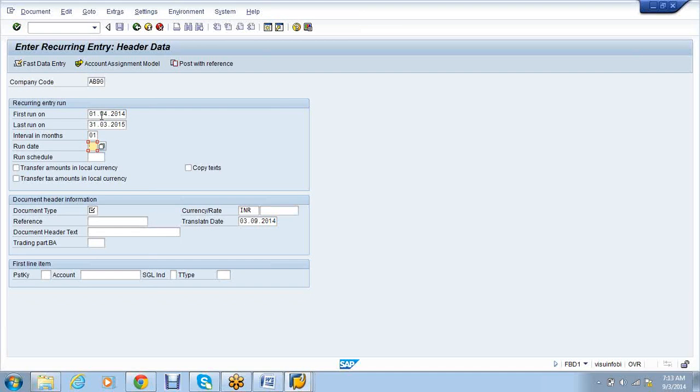First run on date, one document I'll give 0 second, another document I'll give the 25th or 26th, the last month dates of your month. Then select transfer amount in local currency and the header information. When the document posts, then I'll say post in document type SA in my original document. I can give reference text based upon my requirement, then your regular posting. 40